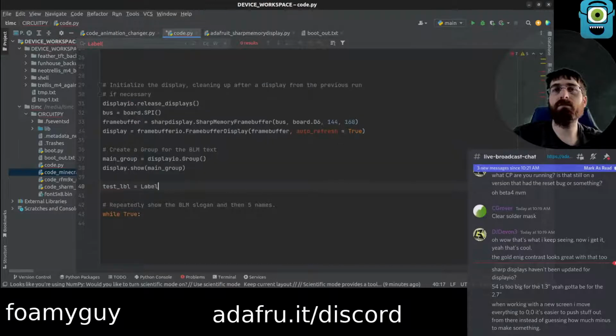Test label. What happens if you put emojis in here? I don't think it works, right?